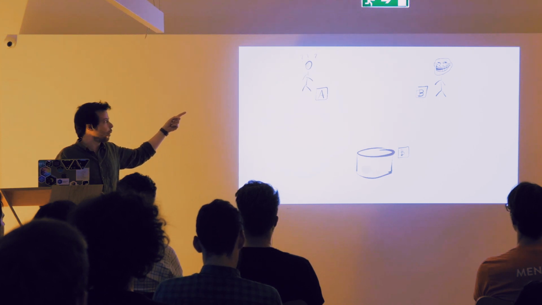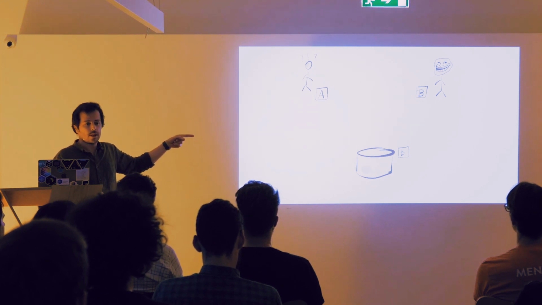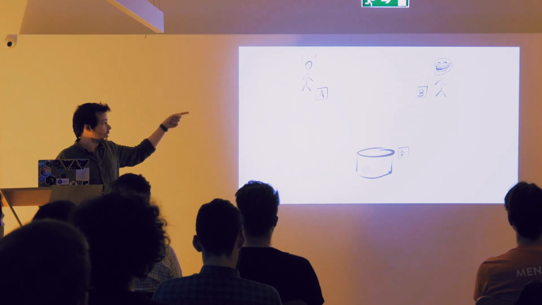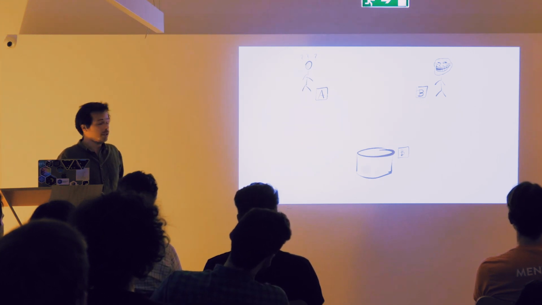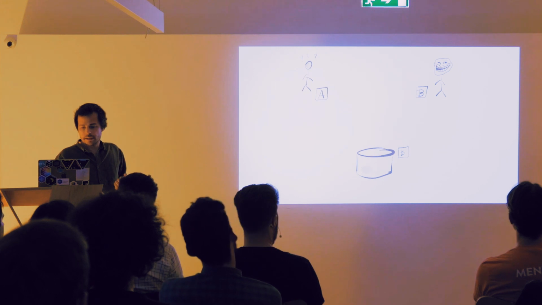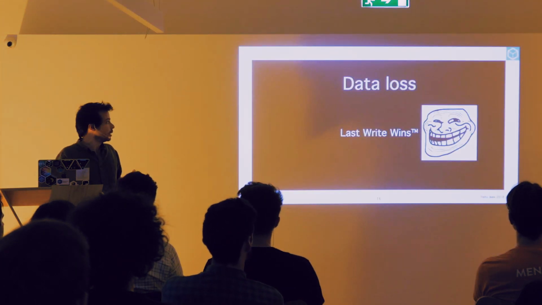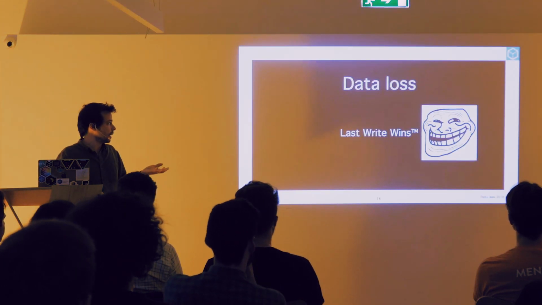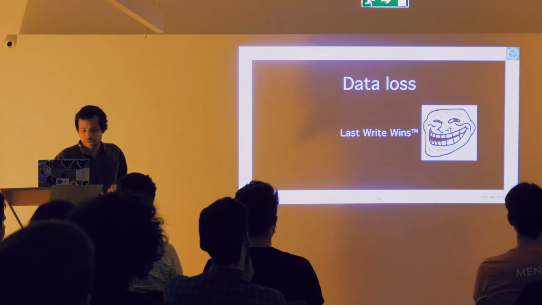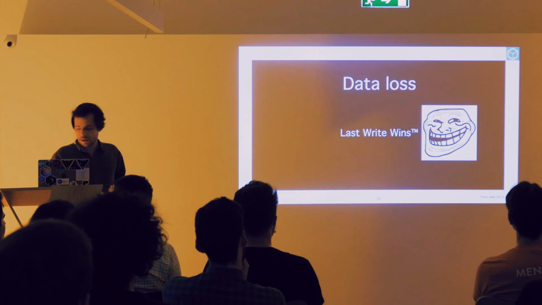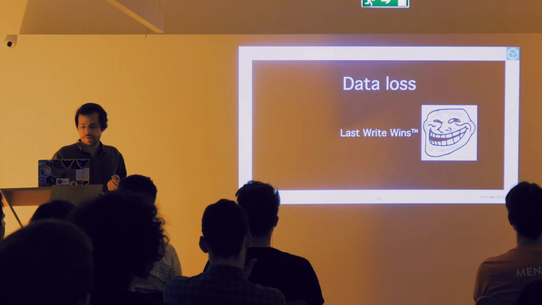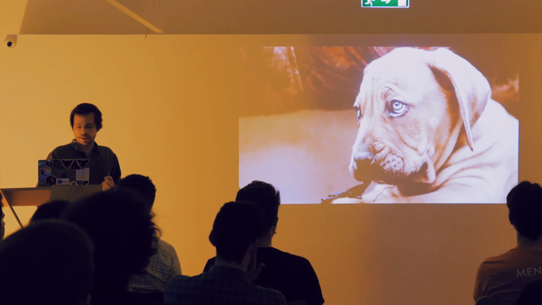He is not aware that user B overwrote his data, so he's left confused or ignorant, and user B has won. So this is the last write wins conflict management policy, which is really not a conflict management policy. It's just something very, very primitive, and this makes me really, really, really sad. So a bit